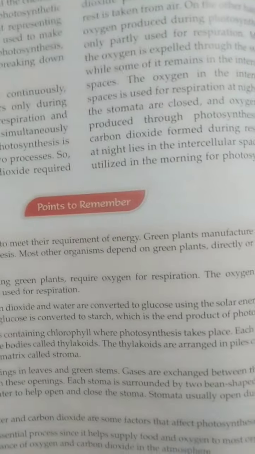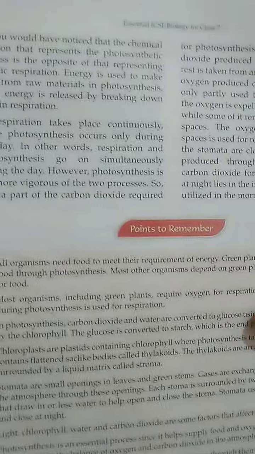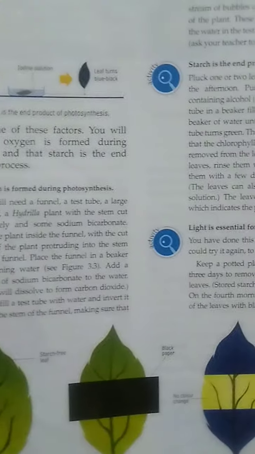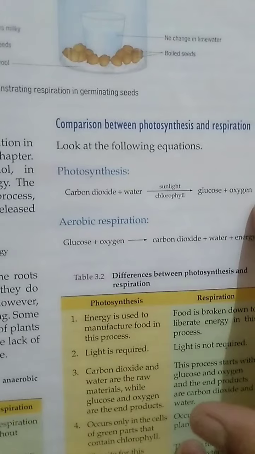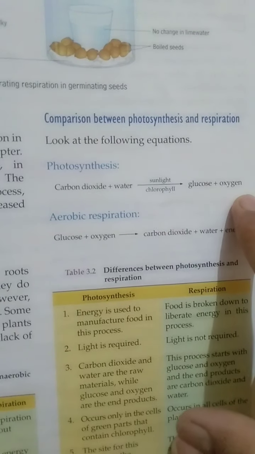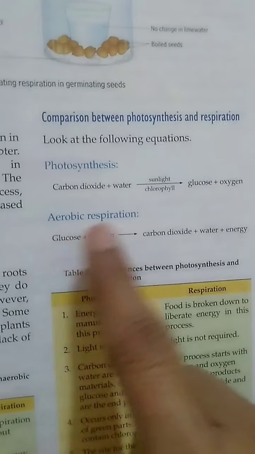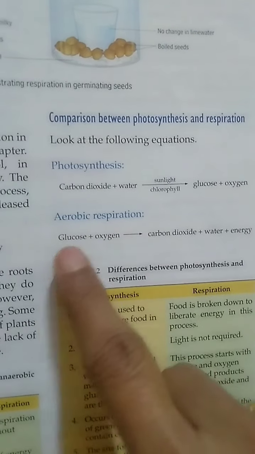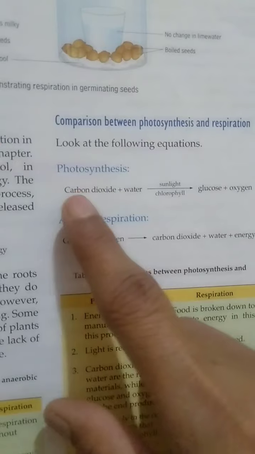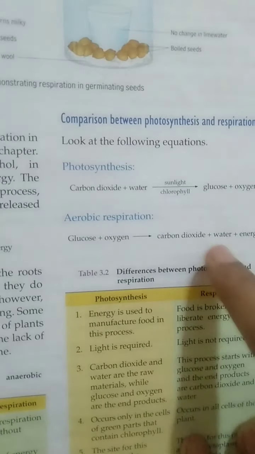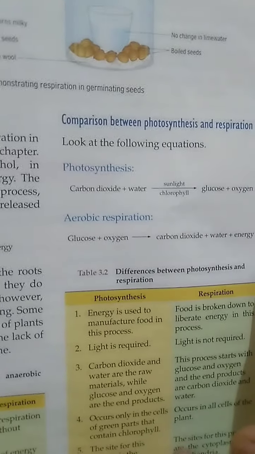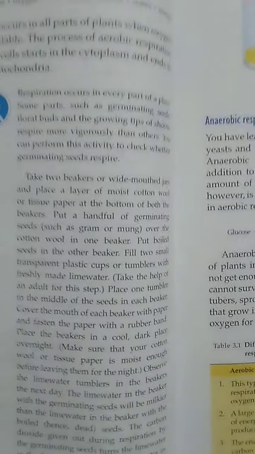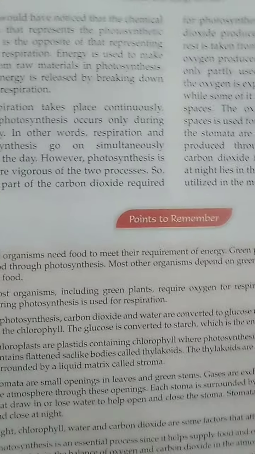Now here I will tell you about the process of photosynthesis. You can see, students, that the process of photosynthesis is exactly opposite to that of respiration. Why? Because the glucose and oxygen which are produced as the end products of photosynthesis are used as raw materials, or inputs, for the process of respiration. And you can see which are the raw materials here; they are produced as end products in the process of respiration. So photosynthesis is exactly opposite to respiration.